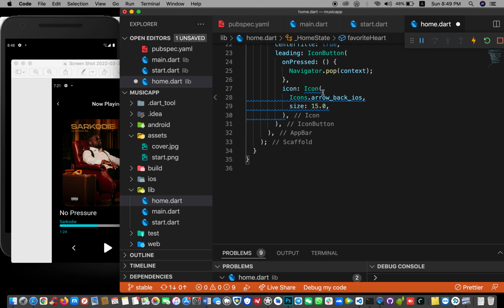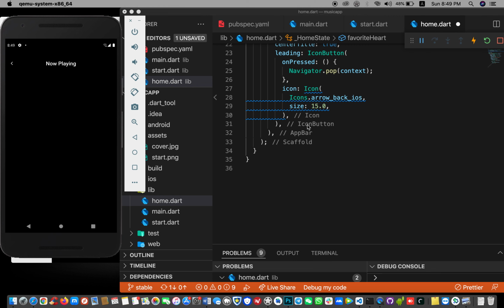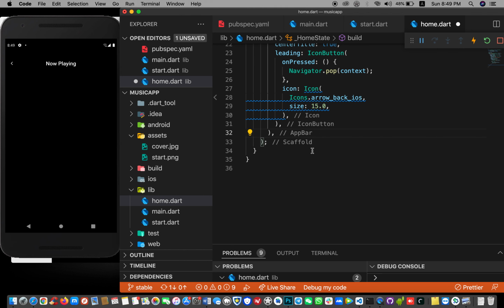So we have arrow set. Now we move to which one? Let's move to the share icon first, and that should be right beneath this. We have the icon button. Good, right beneath this,